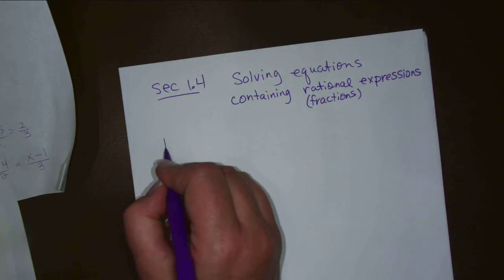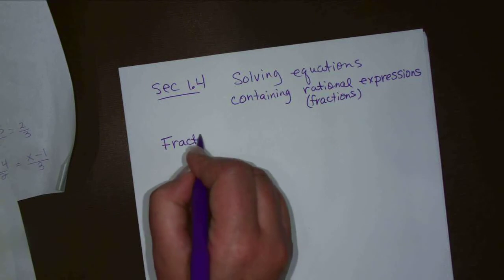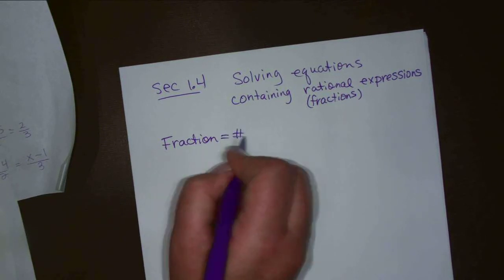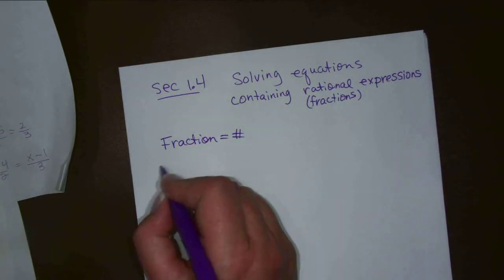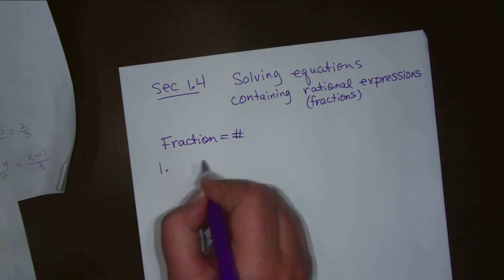So the first type, I'm going to write it as types here. Fraction equals a number. On one side of the equal sign, because remember these are all solving for x, is going to be a fraction. It could just be numbers or it could have variables in it. And the other side is just going to be a single number, and I'm not even going to put it as a fraction on the other side yet. So an example of this would be